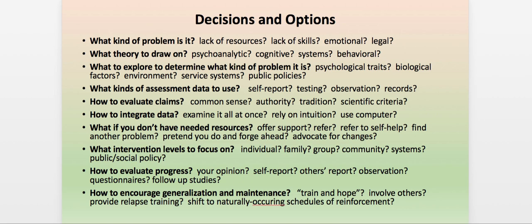Some of the ways those are answered is going to depend upon where you're working and what your role is in the agency, because there are often restrictions in what you can do depending upon where you're working. And we look at different ways to evaluate our progress during the process, and then also try to find ways for the client to generalize what is learned or gained in treatment to life after treatment, in order to maintain that over a period of time. So these are different kinds of decisions that you're going to make in the process of providing intervention